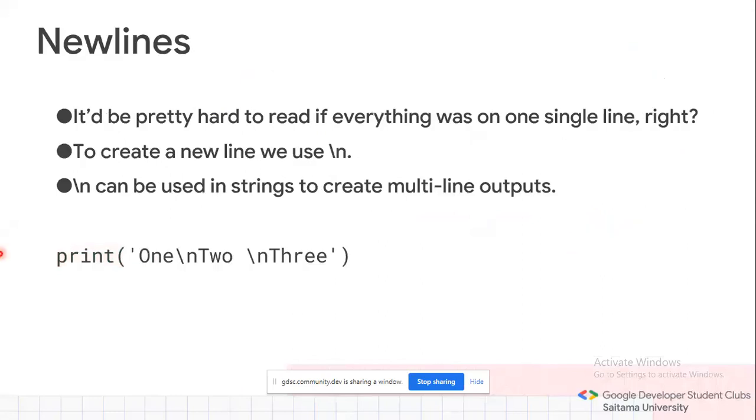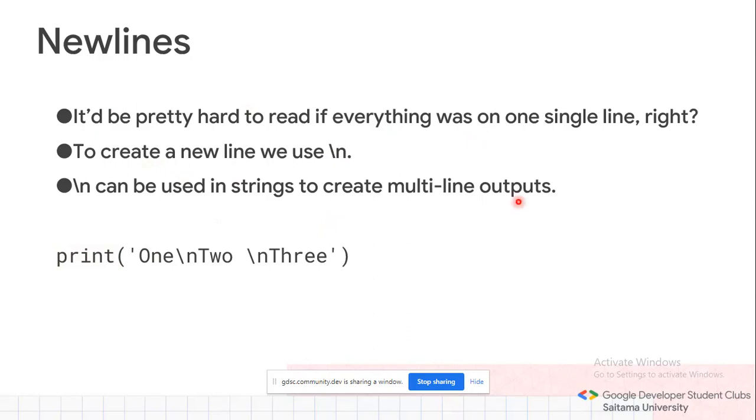So in the string, we have to consider, for example, if we would like to display new lines, what should we do? Then it would be pretty hard to read if everything was just within a single line, right? So to create a new line, we can use backslash n. Yes, backslash n can be used in a string to create